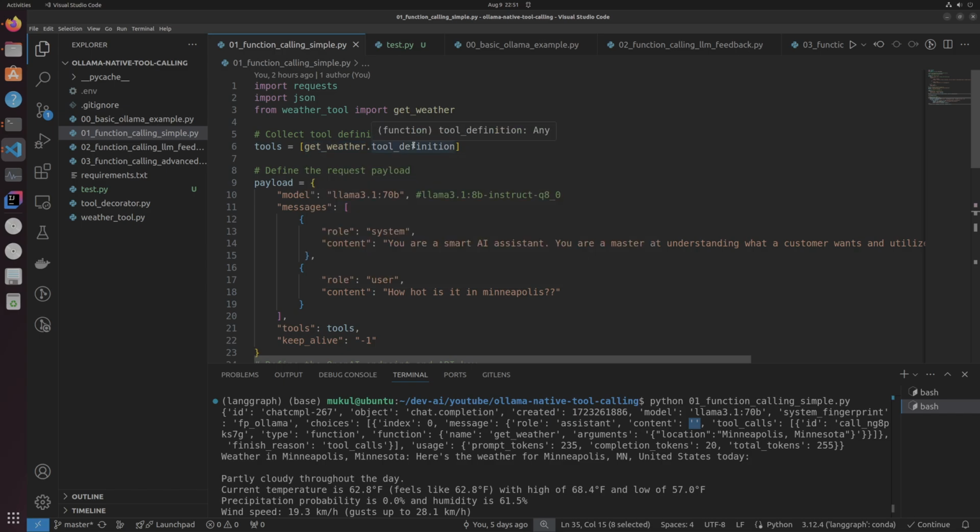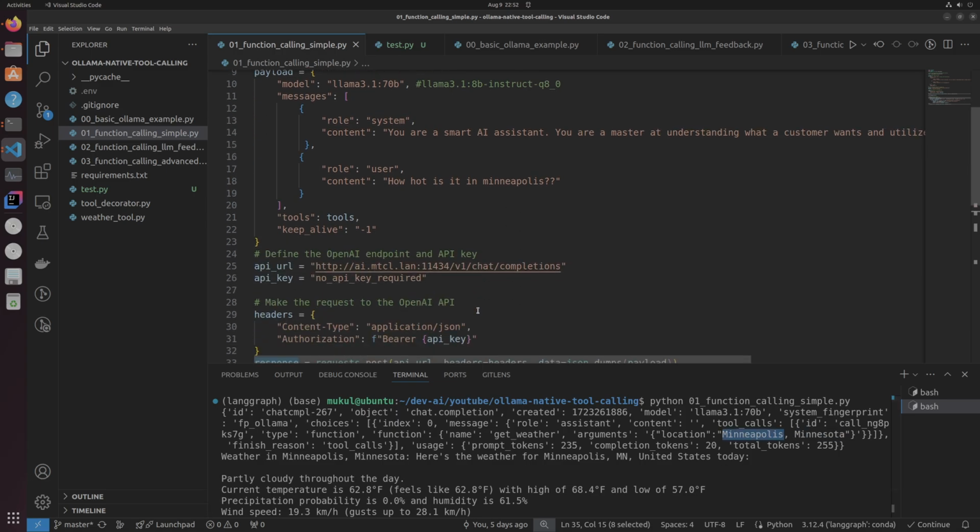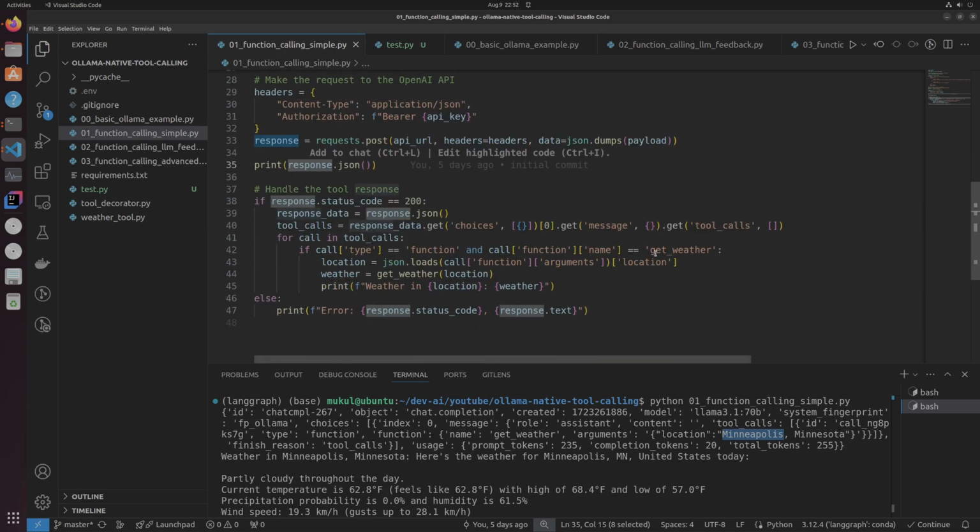So in the tool definition, it got all that information. The name of the tool I have access to is getWeather. It said that, hey, if you run your getWeather tool and the arguments to that tool are Minneapolis, Minnesota, right? So it structured the request for you. And all you have to do now is take the name of the tool and the arguments and just process it directly. You can call this function with the arguments the way they have been sent back to you,